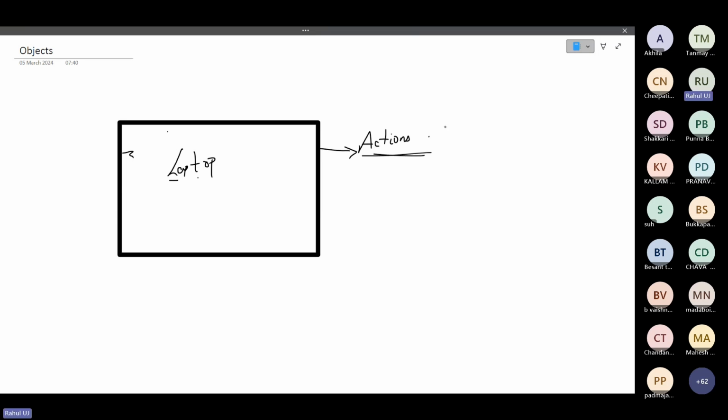What actions can we do, guys? Using a laptop, what will we do?